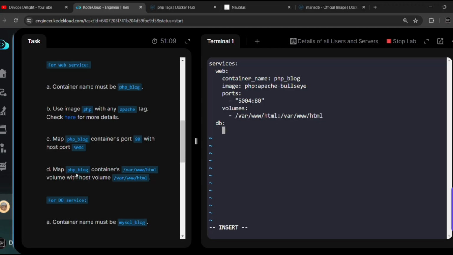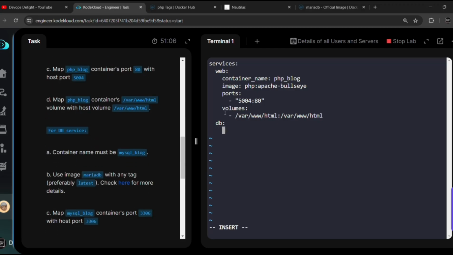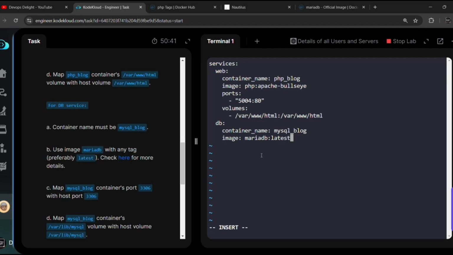In the same way, let's do it for this db service. For it also, container underscore name. The name of our container should be mysql underscore blog, and then image, mariadb, with the latest tag. That's fine. And then